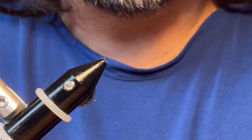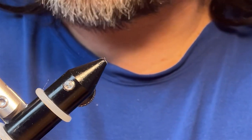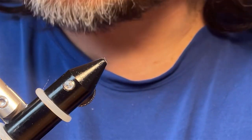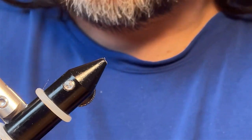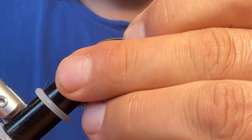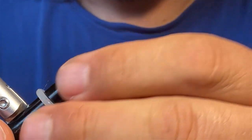I don't know if the fish are thinking that it might be like a millipede or something like that, but effectively with this pattern, you could actually tie in some black goose biots and sort of make it look more like a millipede. But I'm going to show you the basics of this, and you don't need anything very special to tie this. So you just need sort of this attractor pattern